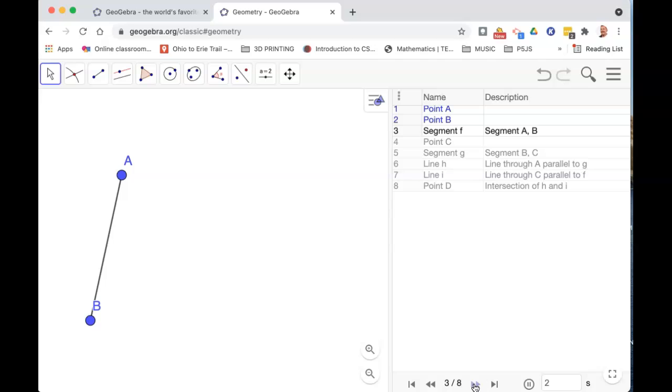Now what is nice about the construction protocol is I can use it to change the order of my construction steps. So for example, if I click and drag point B above point A, it switches the order of the construction. So if I go back to the beginning and take one more step back, point B is constructed first, then point A, and then the segment. Could I drag segment F up above point A or even point B? In other words, could I create segment F before the 2 points? If I try,